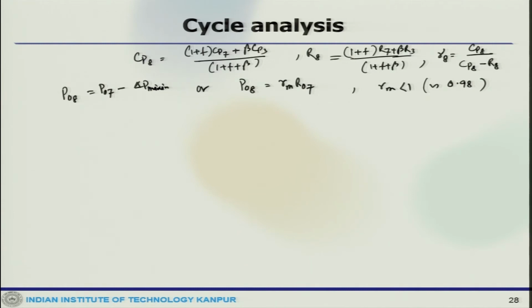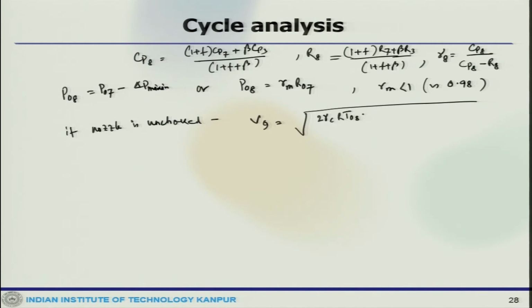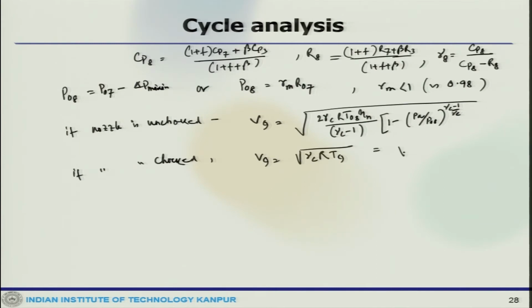Now, we can check the nozzle choking condition. We have already mentioned so many times whether the nozzle is choked or not. If so, we have to look at the critical pressure. If the nozzle is unchoked, then the exit velocity V9 would be the square root of 2 gamma C R T naught 8 eta n over gamma C minus 1, times 1 minus P A by P naught 8 to the power of gamma C minus 1 over gamma C. And if the nozzle is choked, then V9 is quite straightforward. This would be the square root of gamma C R T9, or 2 gamma C by gamma C plus 1 times T naught 8,